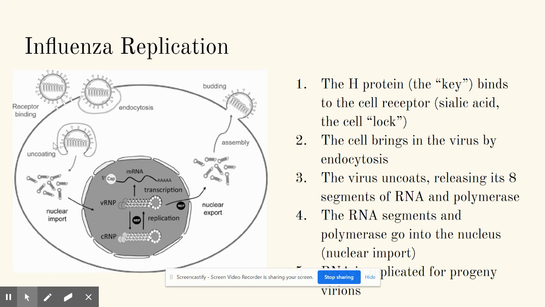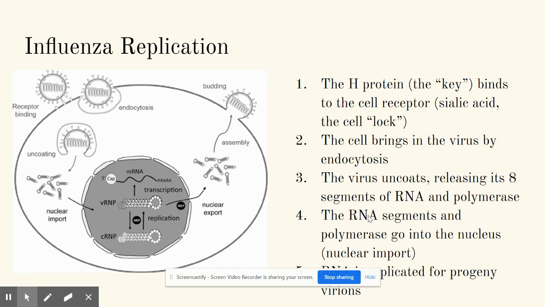Step 3, uncoating. So the virus uncoats, releasing its 8 segments of RNA and its polymerase into the cell. Step 4, nuclear import. The virus segments and polymerase go into the nucleus. Step 5, the